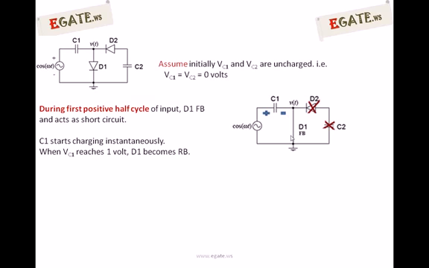Current always flows from the positive to the negative terminal. That makes diode 2 become reverse bias,